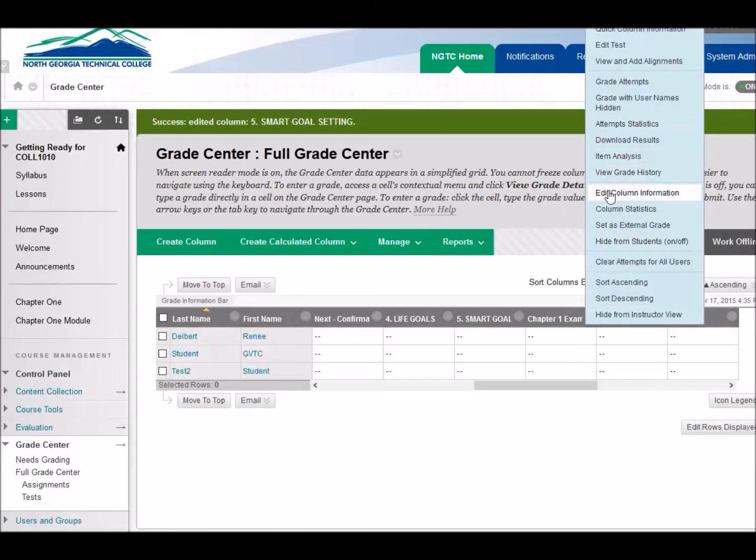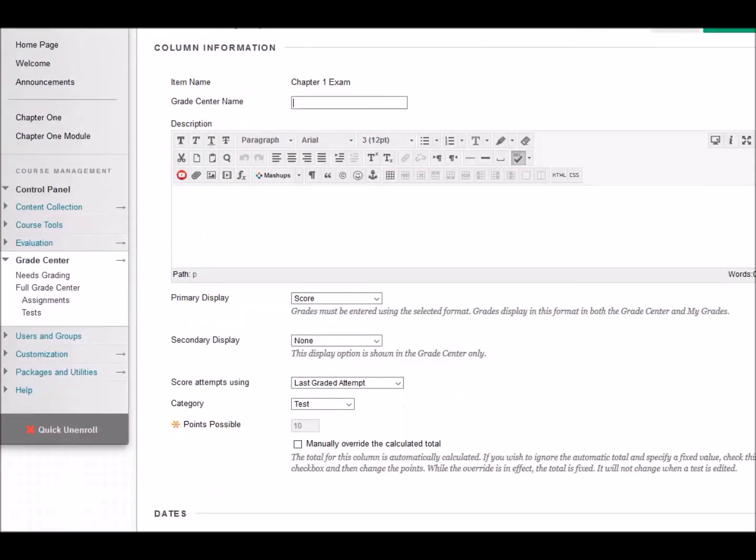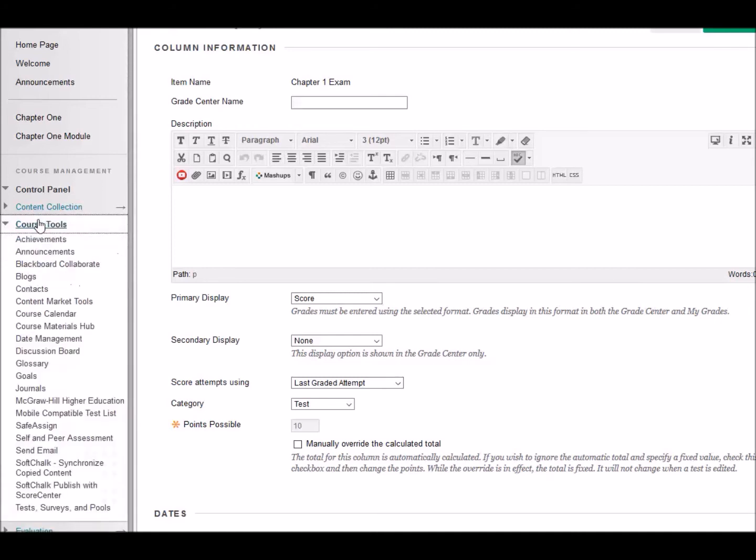I believe this was another one. Yes, and it has 10 points possible here. The reason why it's not allowing me to change it here is because I've got to go to the test itself. I've done the actual test incorrectly as far as giving each question the right number of points so that the whole test adds up to 100%. So what I'm going to have to do is go to the test itself,